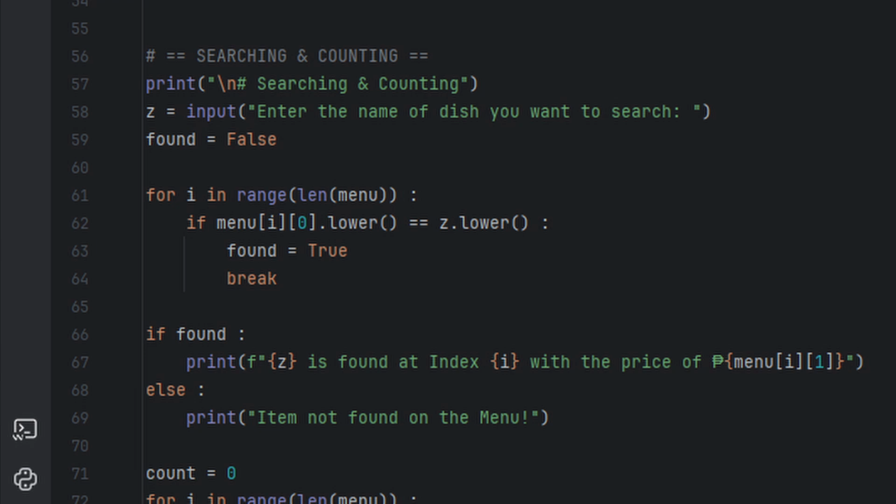We also use the lower function so that we can find the dish regardless of case sensitivity. It will search through the whole set until an element matches the input given by the user. Then it changes the found variable to true and breaks the loop. The break is important because at line 67, we use the variable i from the loop to not only tell which index that element search is saved in, but also call it. This is before line 66, where we check if the found variable is true,